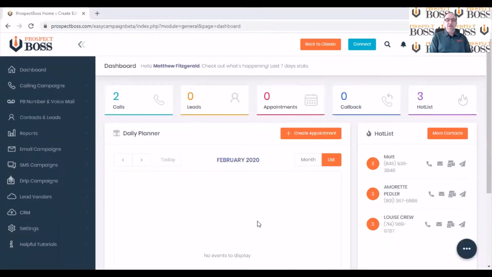Now, the caller ID number, of course, refers to the phone number that will appear on your prospect's phone display, showing where the call originated from. You have several options in the ProspectBoss platform for how you can control and manage the caller ID number, or in other words, control the phone number that those prospects see on their phone display. As I mentioned, you do have several options, and one of those options is the local presence feature,